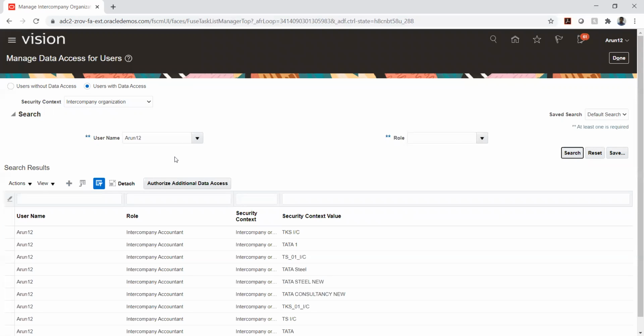So how are we identifying these are the employee users, based on the roles that we are assigning? So if you see accounts payable and accounts receivable or general accountant or